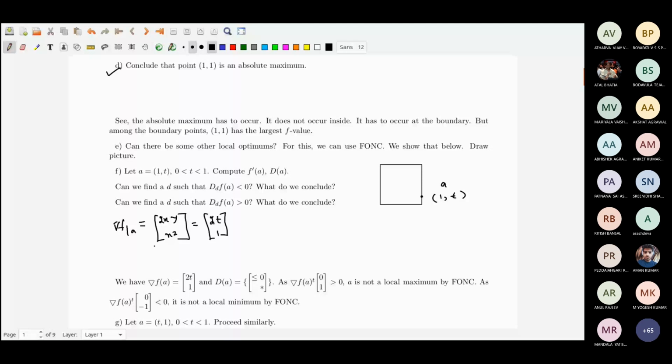And what is dA, the feasible directions? Now at this point, the set of feasible directions are like this. So what are the feasible directions? Now feasible directions will form this set. X coordinate has to be less than or equal to 0. From this point you cannot go right side, and y is anything, you can go up or down, so that's why you can put a star over there.